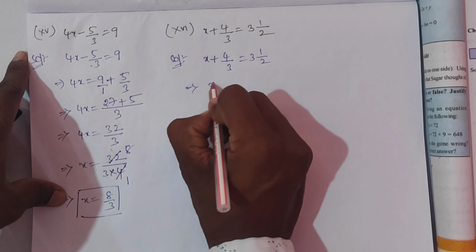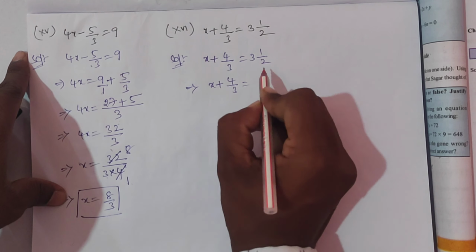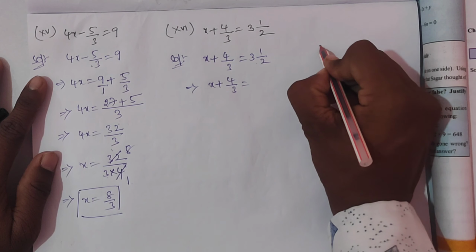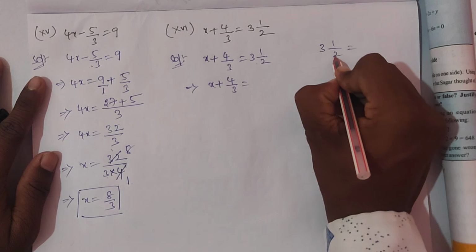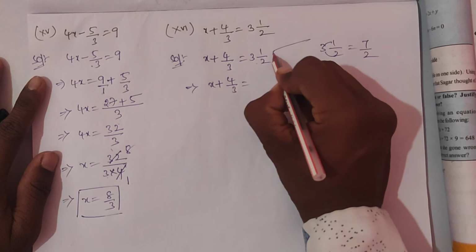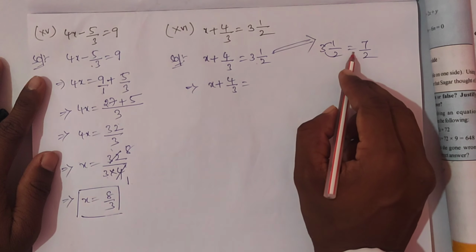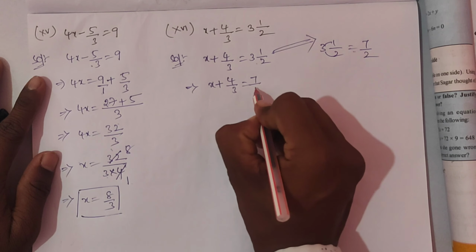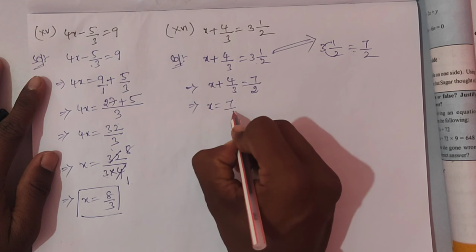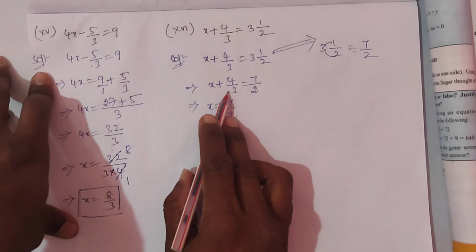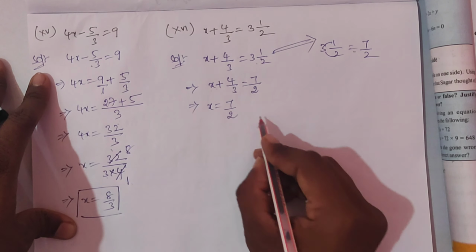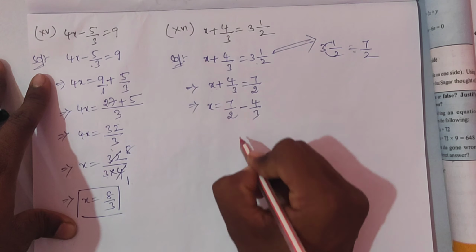This implies x plus 4 by 3 is equal to, first we have to convert this mixed fraction to an improper fraction. So 3 1 by 2. So 2 3s are 6. 6 plus 1 is 7. 7 by 2. Okay. First what we did? We converted this mixed fraction into the improper fraction. How much did we get here? 7 by 2. This implies now x plus 4 by 3 equals 7 by 2. If we have to find the value of x, right? That means we have to transpose this plus 4 by 3 to the RHS side. Plus 4 by 3 becomes what here? Minus 4 by 3. Clear?